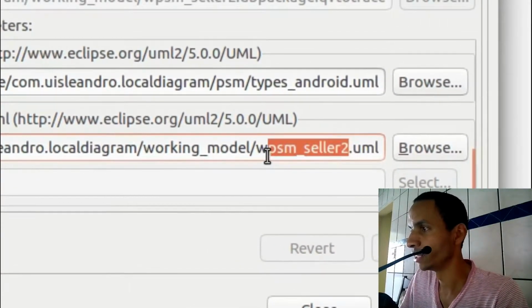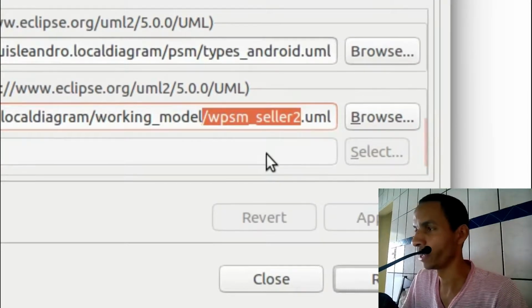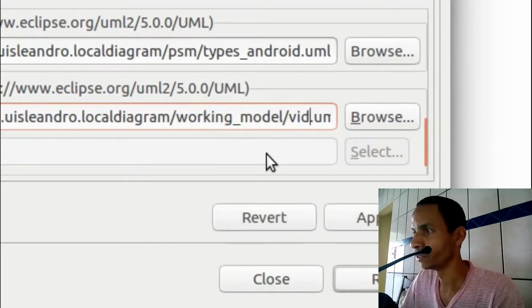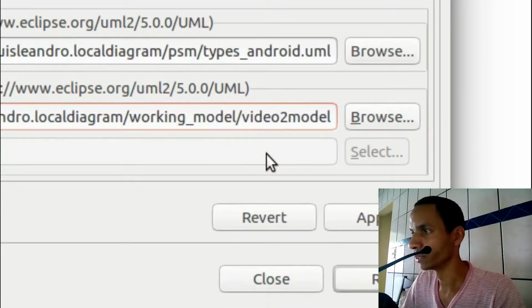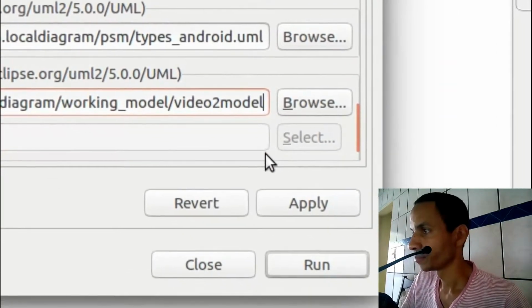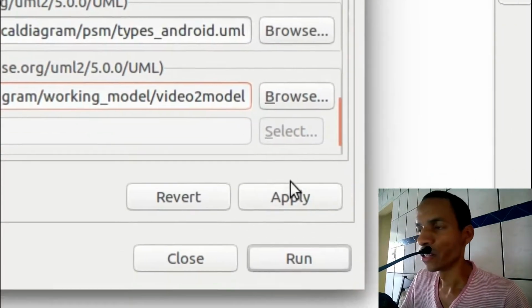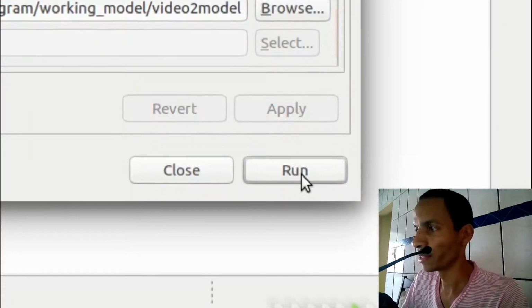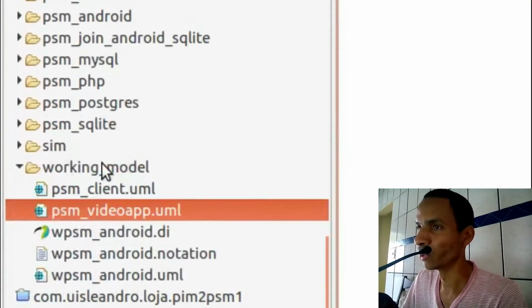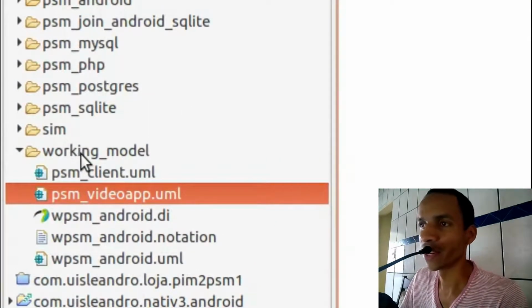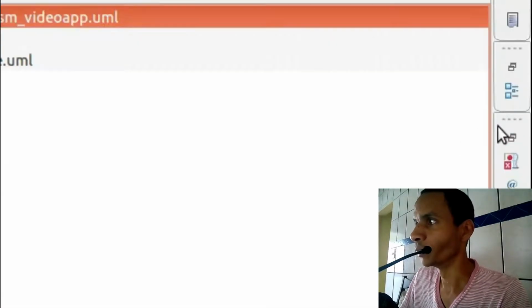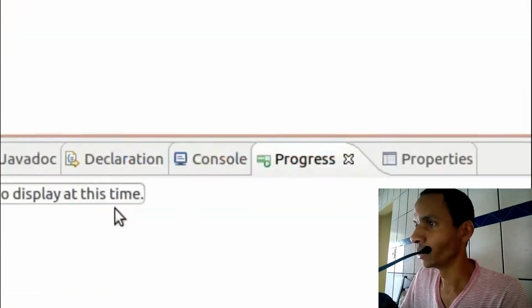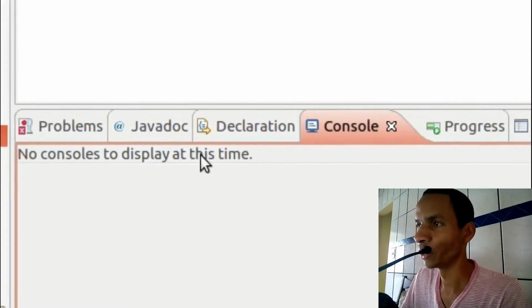I can change it to video to app, like video to model. Okay, so I'm going to apply this and run this, and it will create here inside this folder a new module. Just wait a minute. Let's see, open here the console,